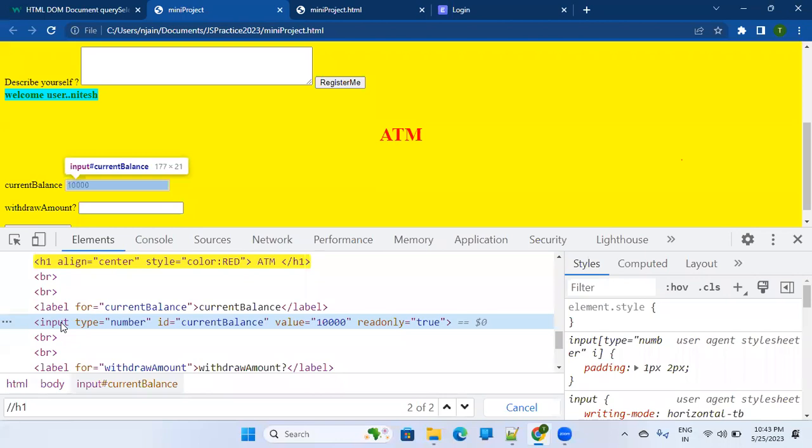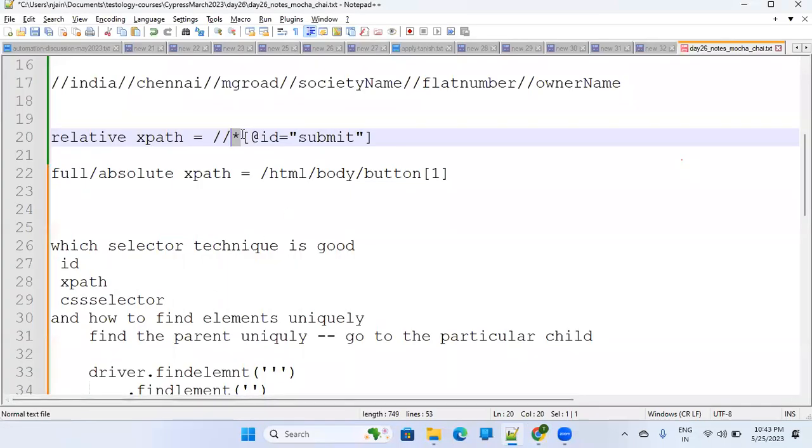These are all tags. So star means any tag name, bracket, @ID means where the attribute ID is present and the value of that is submit. So what is the meaning of this? The meaning of this is anywhere in the web page